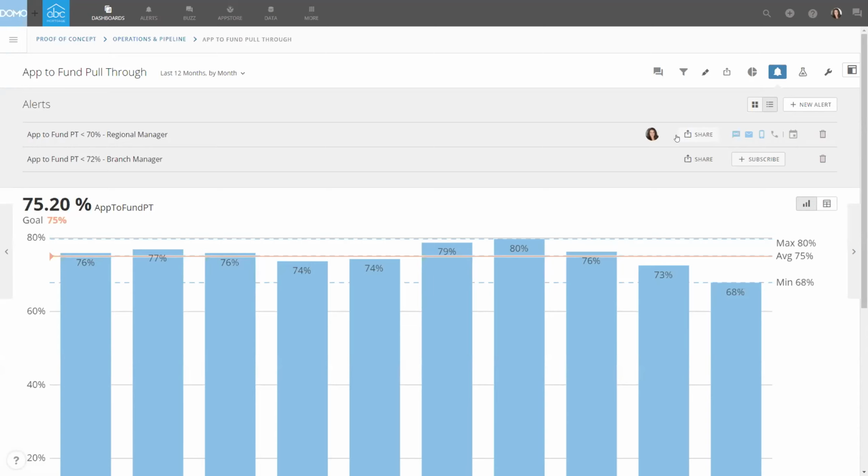Really the goal with any BI initiative should be to make your life easier, not just give you 100 more reports to look at every day. So you don't have to be staring at the pages all day, logged into the system all the time to get any value out of them. You can really just go about your day job and rest assured that you're going to be notified when something needs your attention.